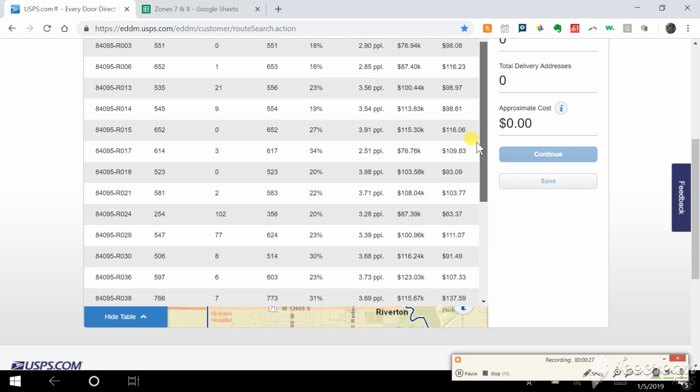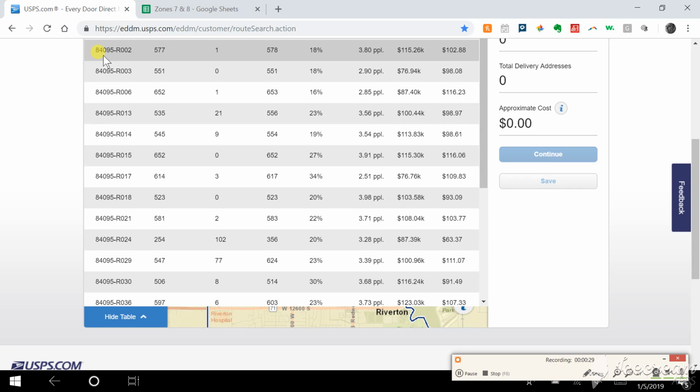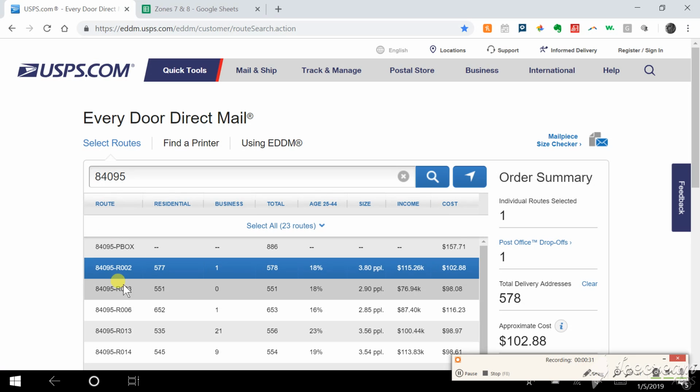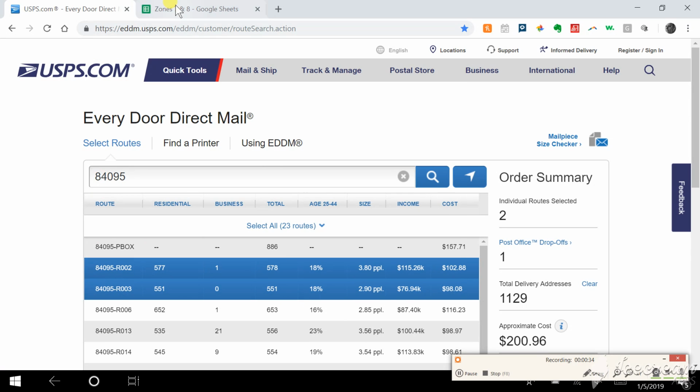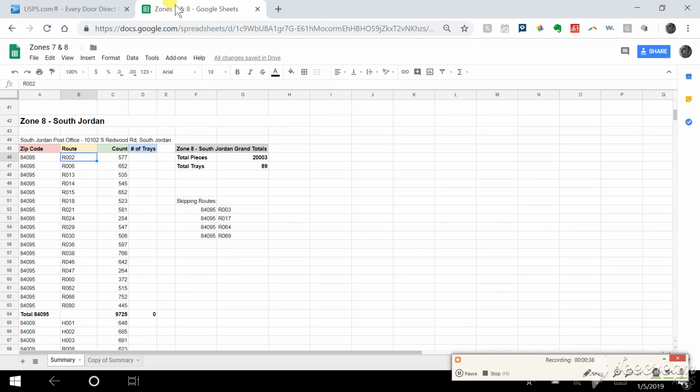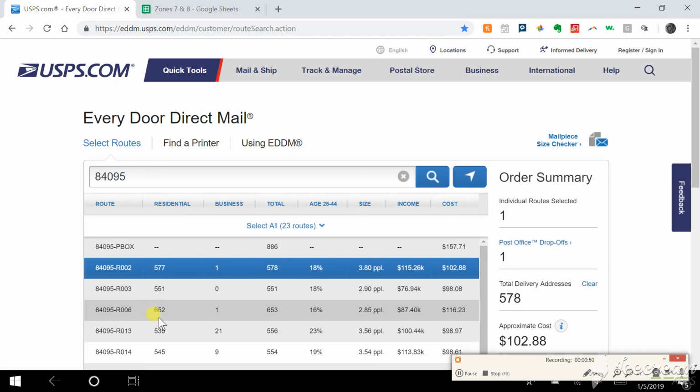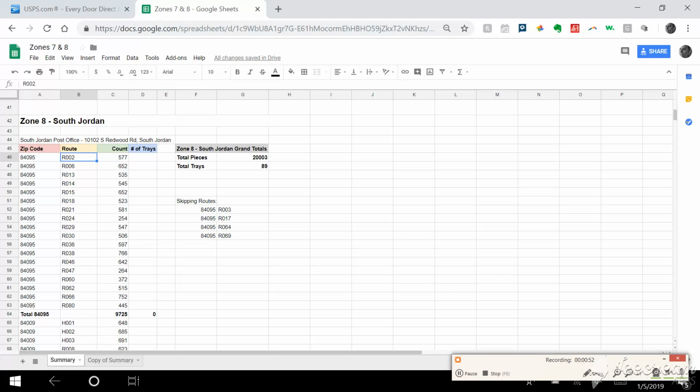So all we do here is, I like to just highlight them first, just to be really thorough, make sure I haven't clicked on anything that I shouldn't. And there's actually another reason why we'll highlight them before we start typing the numbers over here. So it looks like it should be route 2, 6, 13, and this is usually how I do it, 13,